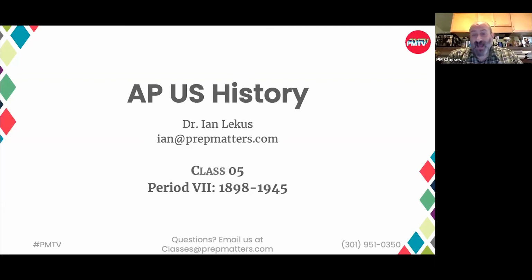Roosevelt was not an ideologue. He would experiment: if this works, great; if it doesn't work, we'll toss that and we'll try something else. He was steering the United States between the extremes of conservative critics, some in his own party, white Southern Democrats, and some in the Republican Party who accused him of being a communist. At the same time, he's also president while you have a growing socialist movement, a growing communist movement, a growing labor movement in the Congress of Industrial Organizations, the CIO that later merges with the AFL.